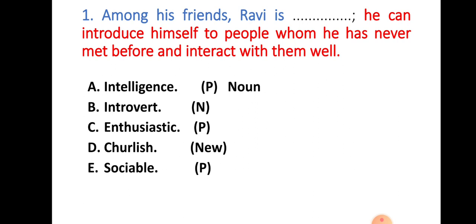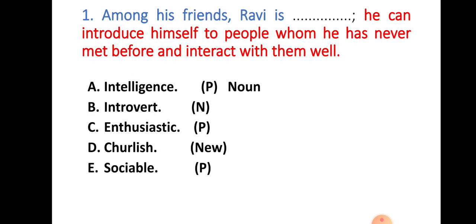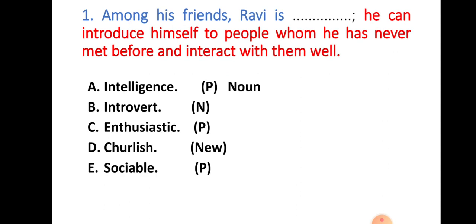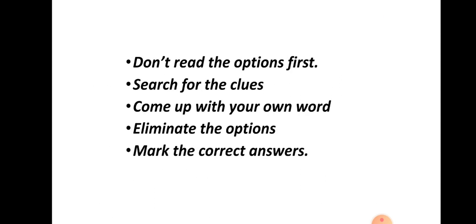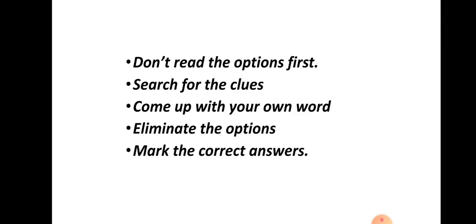So what I've done here is, first I tried to understand the clue sentence very carefully. And with the help of the clue sentence, I have created my own words, friendly and talkative. And then I tried to look at the options, and I've tried to see which of these option choices is very close to the meaning of my own word, the word that I've got in my mind. And I feel that sociable is very close. Clear? So that's what you need to do. Now let's try to understand. Actually, churlish means very rude. Okay, it is quite opposite to sociability. It's rudeness, churlish.